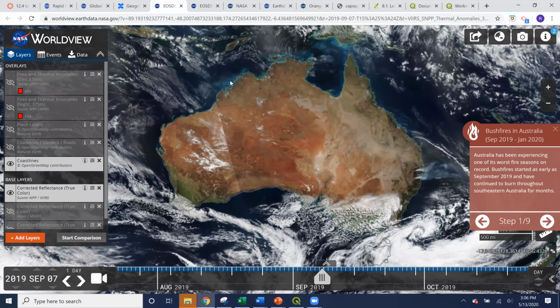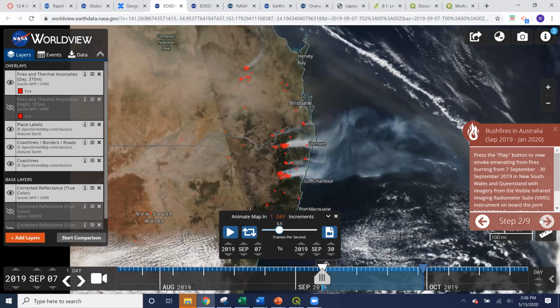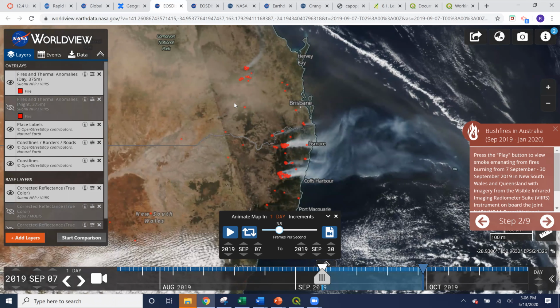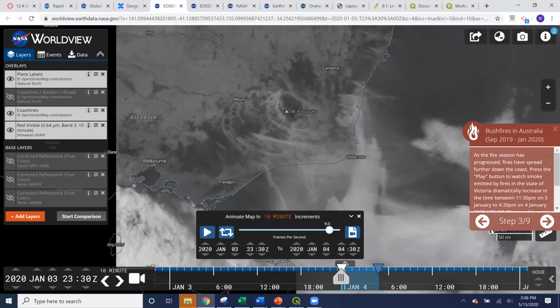And we can kind of see, okay, we can start to see these images popping up here of the brush fires. So we could click through the different days if you wanted to look at a different day or different image,